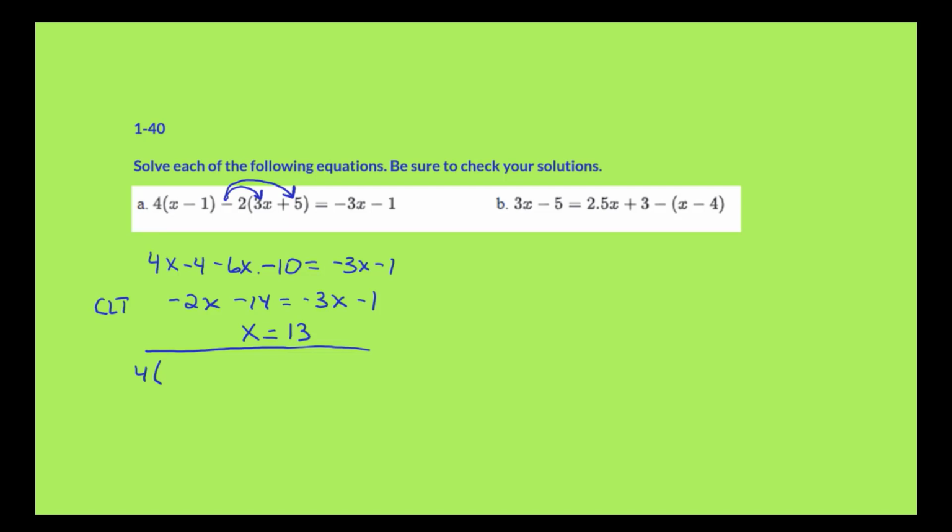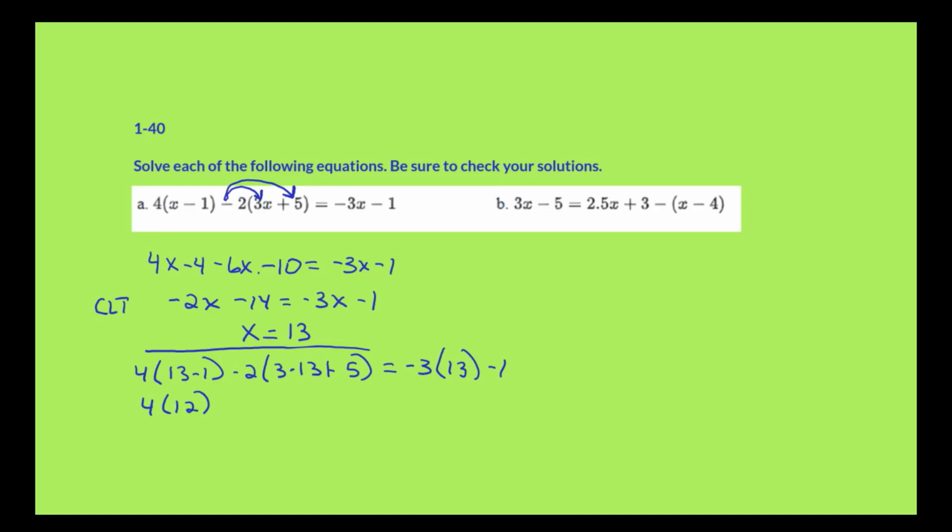So I'm going to put in 13 minus 1 minus 2, and I'm going to do 3 times 13 plus 5. And I'm hoping it all works. I'm going to do negative 3 times 13 minus 1. All right. 4 times